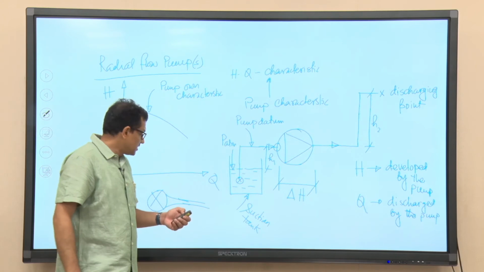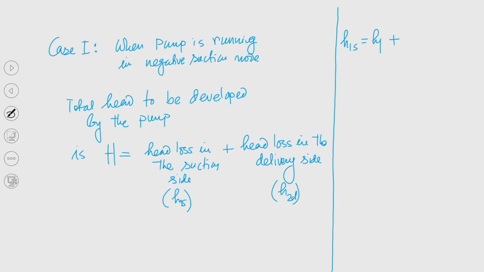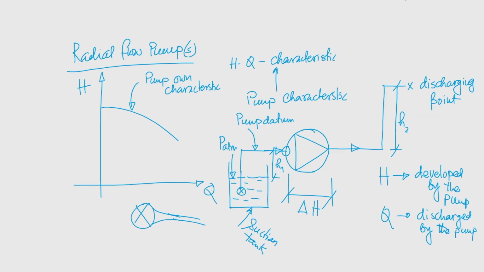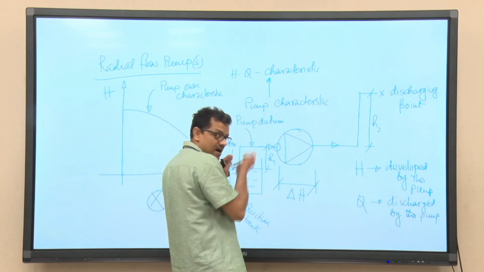of by the pump. So, that is why I am writing this H1, that is the static height. So, this is the static height plus HFS, the friction loss in the suction side, plus minor losses, HS minor. So, you can understand that the static height is there because we need to pump liquid from this height